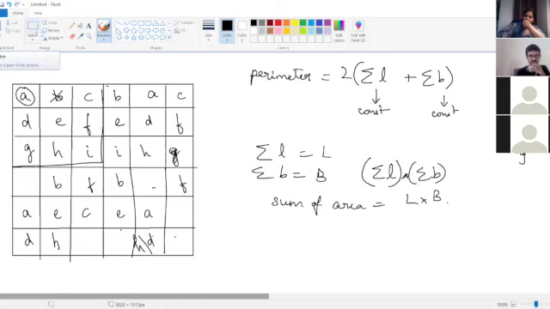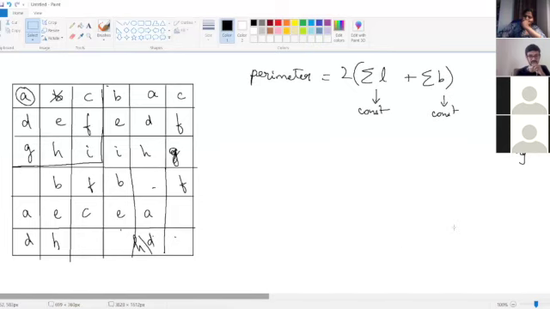Okay. I also didn't fully think it through, but I will try to use the same argument that I used for perimeter.